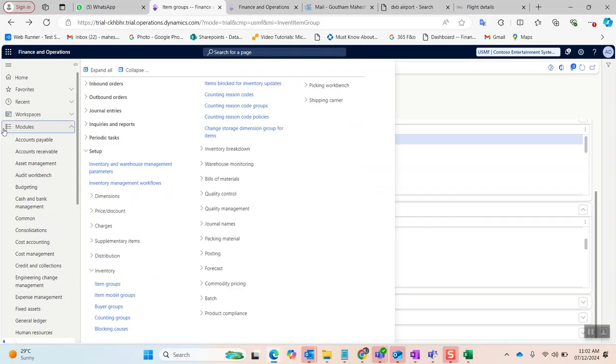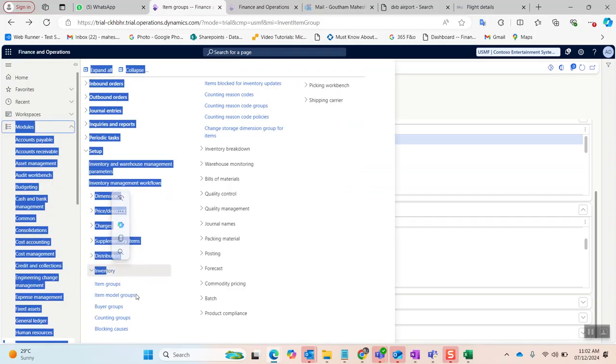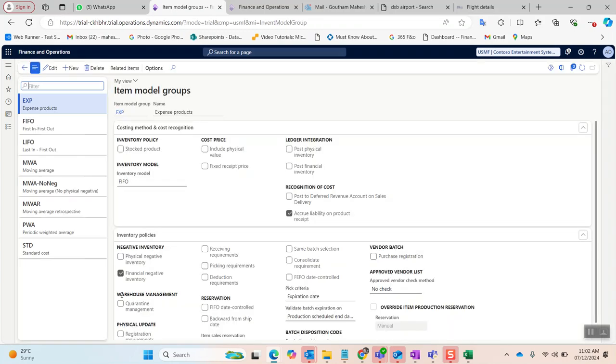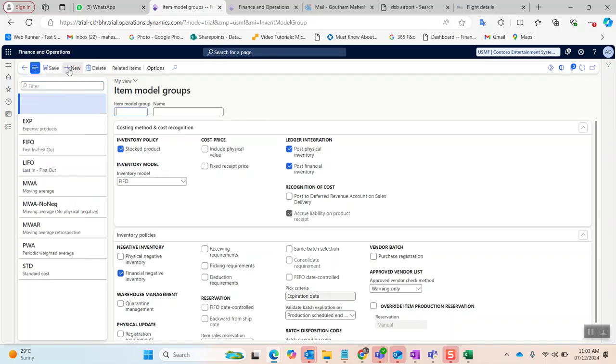And similarly, we have item model group. You can see the item model group under the same inventory management setup inventory. We have the item model group. You can see over here we can create another new one, and you can select it as